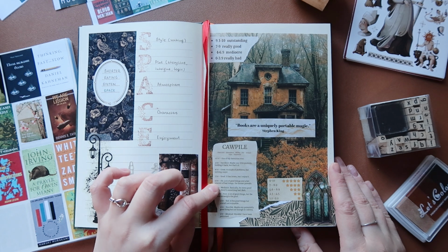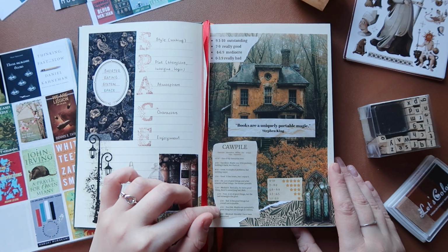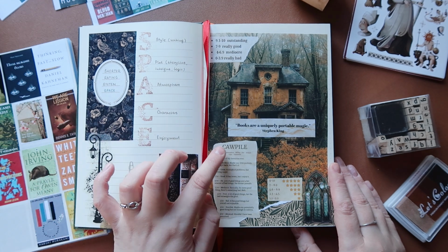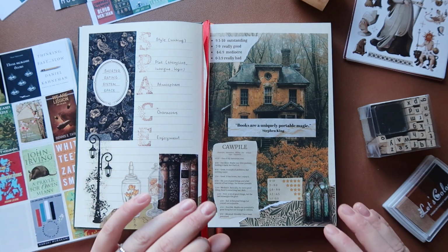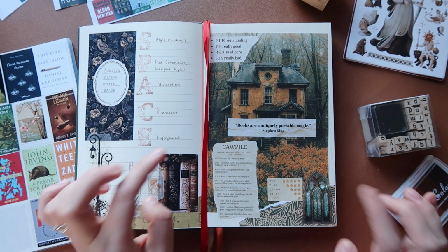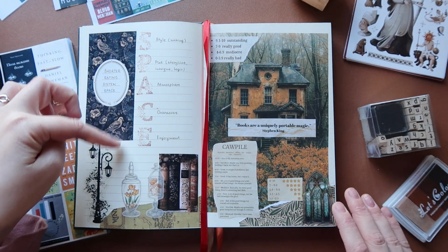If you're not familiar with it, I will leave the link down below to the video of, I believe, the creator of this system. I think it is a very good system. CAWPILE stands for Character, Atmosphere, Writing, Plot, Intrigue, Logic, and Enjoyment. But at some point, I started feeling like it's a little bit too much. So I decided to basically merge the intrigue and logic and plot together, and I came up with another acronym,